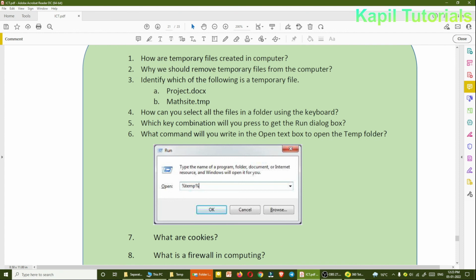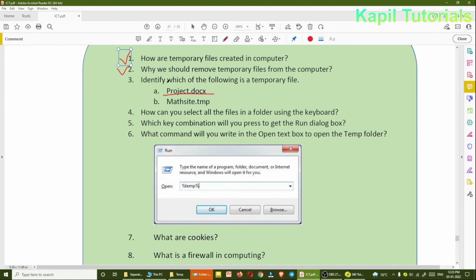Now, why should we remove temporary files from the computer? Obviously, because they take extra space in our computer. Identify which of the following is a temporary file. Project docs: that file is meant for MS Word, because the extension of MS Word is doc or docs.